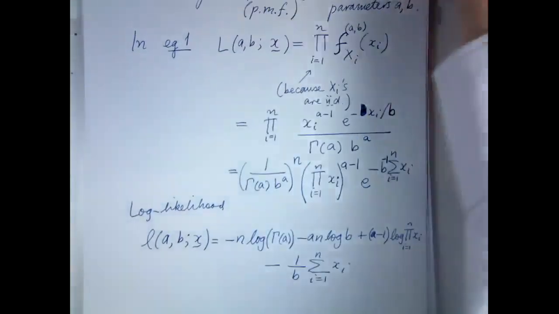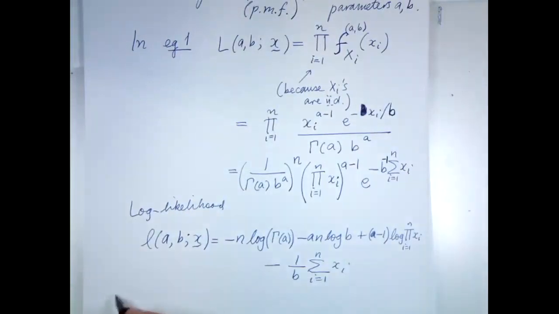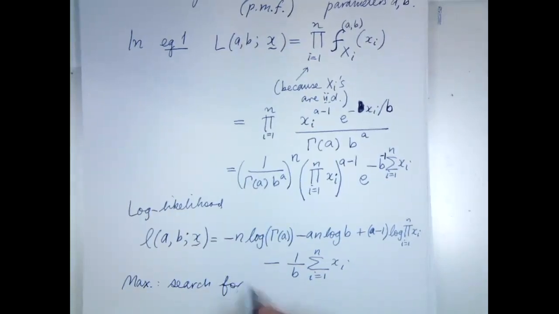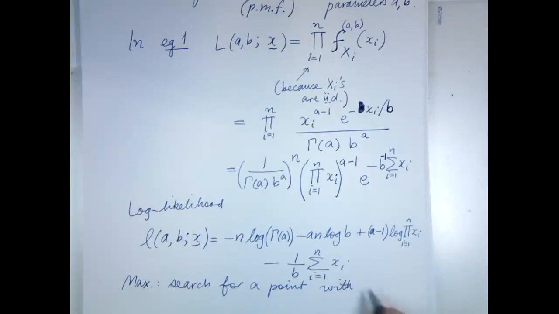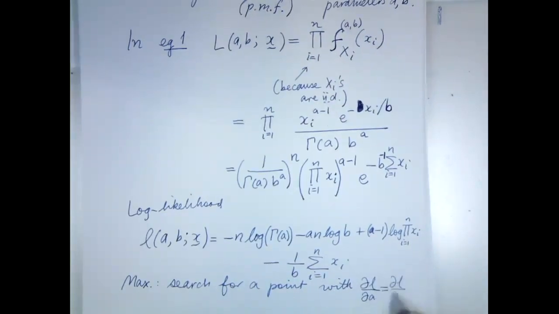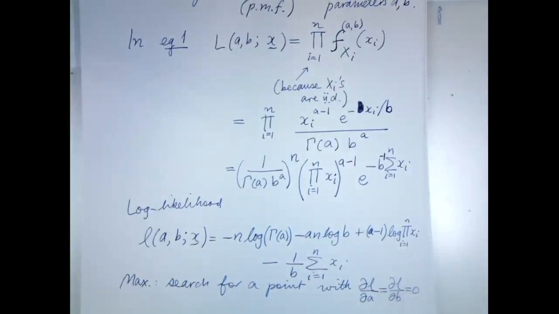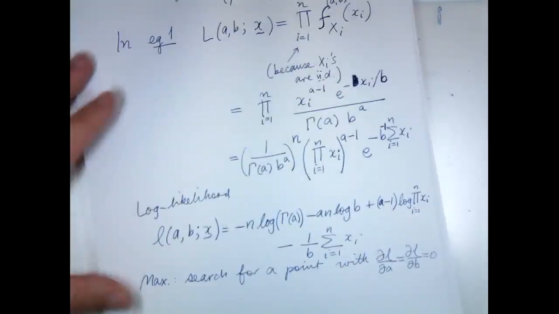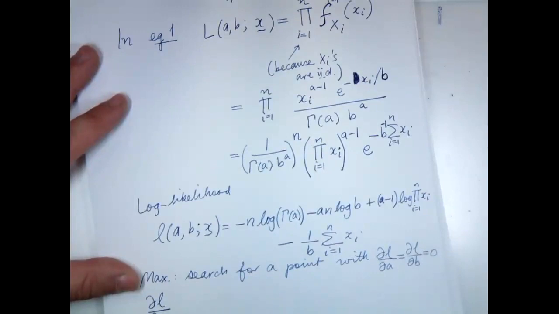That's the formula for the natural log. So for the maximizing, we search for a point, as before, where dl/dA and dl/dB are both zero, because when you're finding maximum likelihood estimates of two parameters at once, you have to maximize a function of two variables. So let's do those two partial derivatives. dl/dA equals